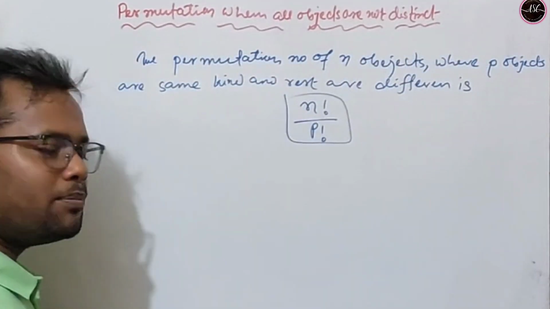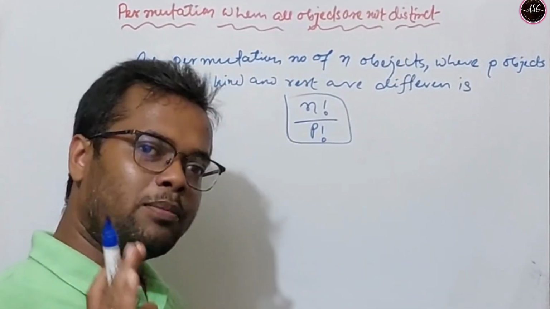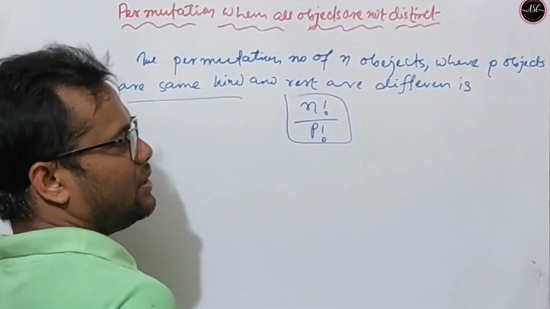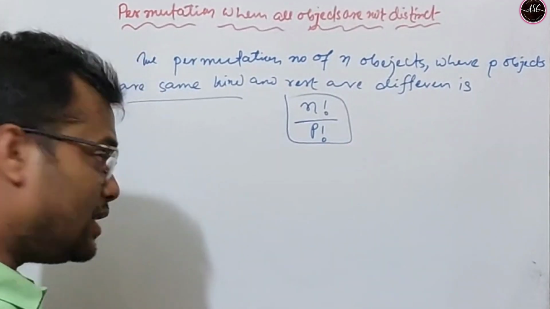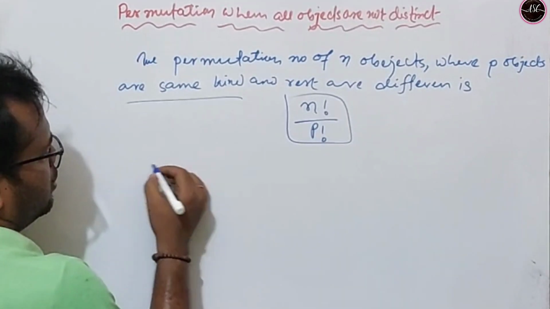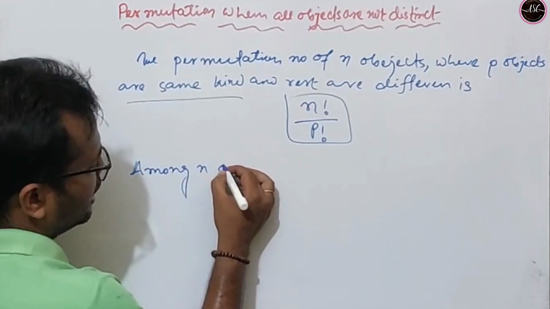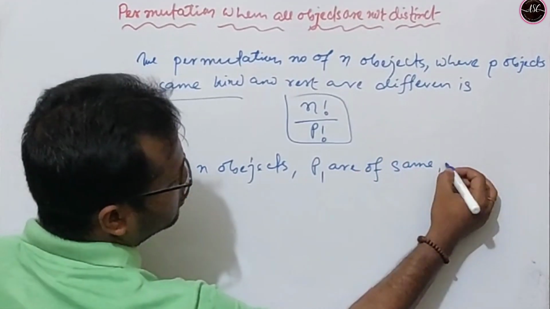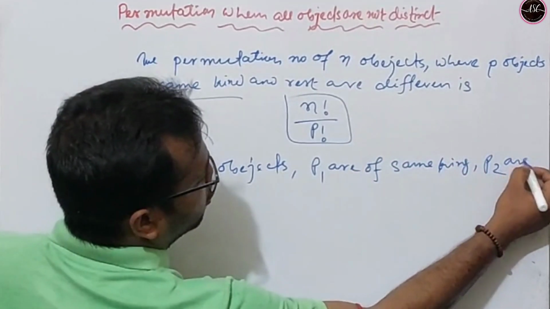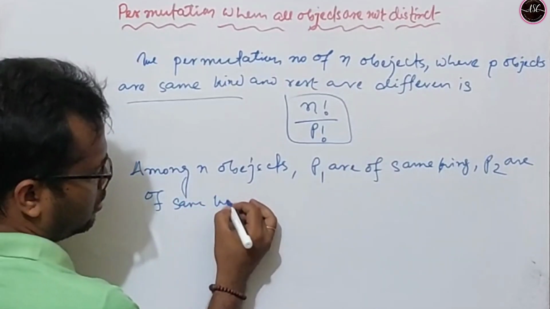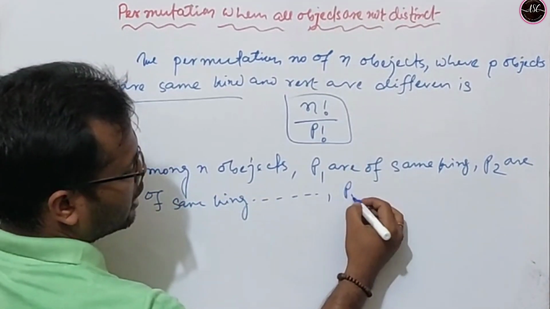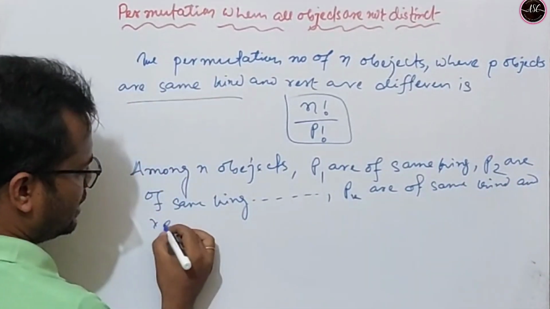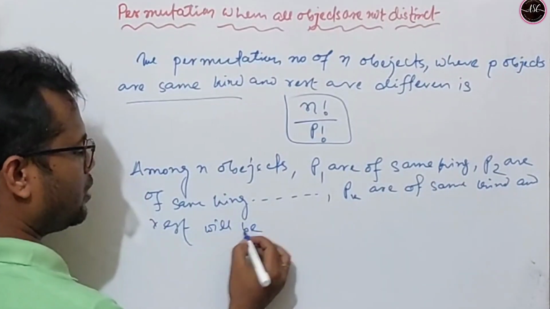To solve this type of example, we have a theorem. If the permutation number of n objects where p objects are of the same kind and the rest are different, then the permutation number is n factorial by p factorial. This is the general formula. If among n objects, p1 are of the same kind, p2 are of the same kind, pk are of the same kind, and the rest are different,